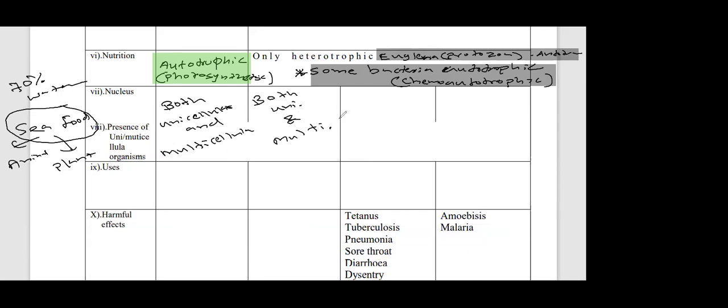Example, if you take mushrooms, there are different types of mushrooms. They are visible to the naked eye. The mushroom is one stage of their life cycle, the reproductive stage. Then next one I gave the third column, bacteria. I have given the heading of the column bacteria, right? Bacteria all are unicellular, no multicellular bacteria. All the bacteria are unicellular.